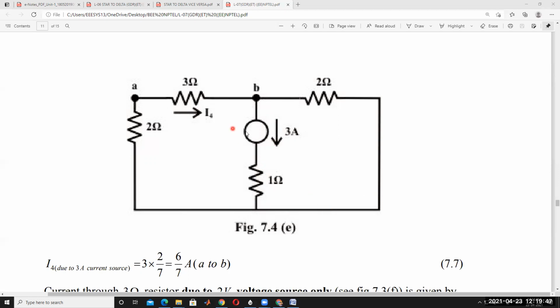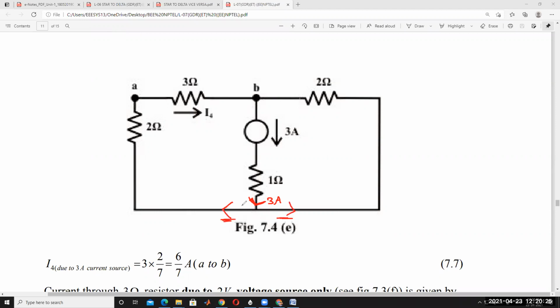Some amount of current is dividing in this direction. Use the current division rule. So what is the current here? Find current. Okay. So here, with the 3 amps current source, current is not dividing here. Understood? Current is not dividing at this terminal. What is the current here? It's 3 amps current only. This 3 amps current source is dividing in this manner, in this direction. Current is dividing into 2 parts.